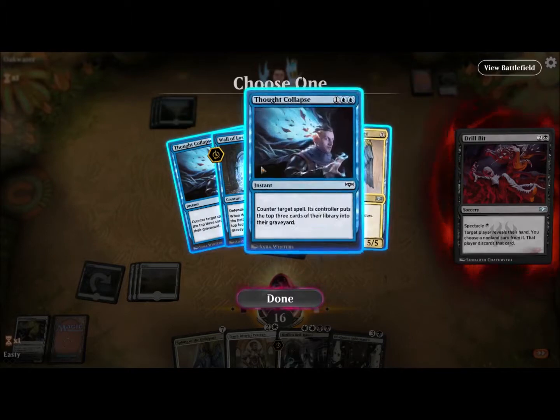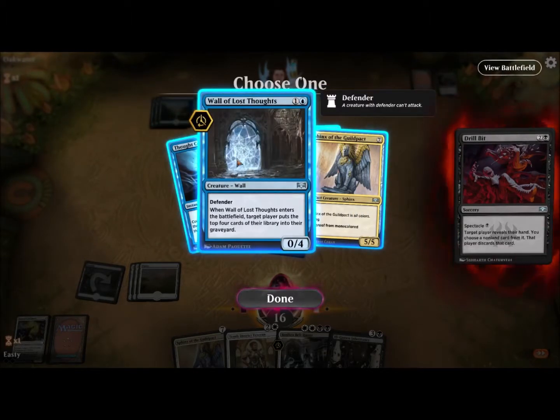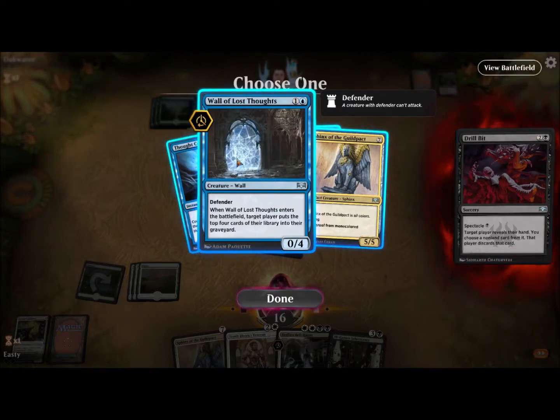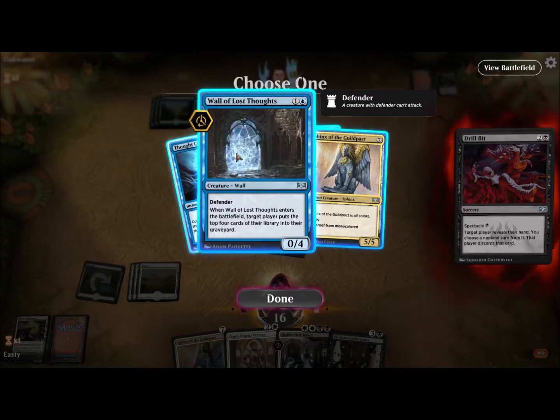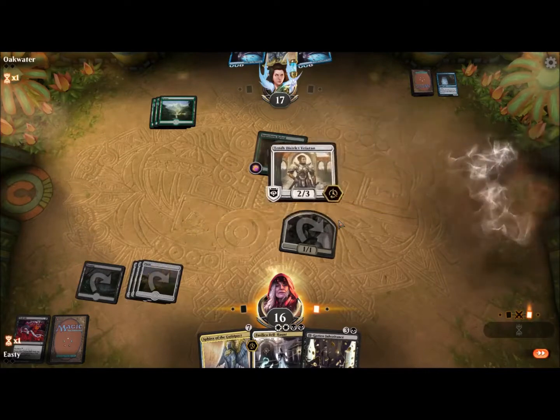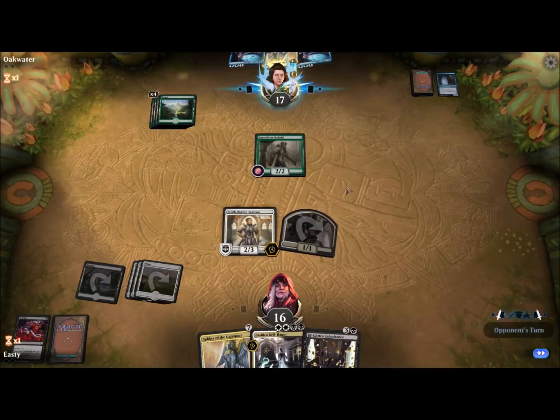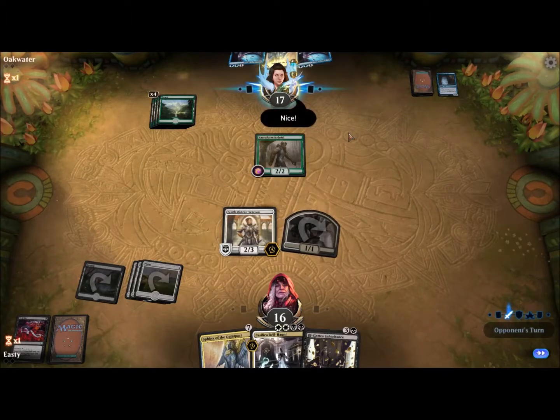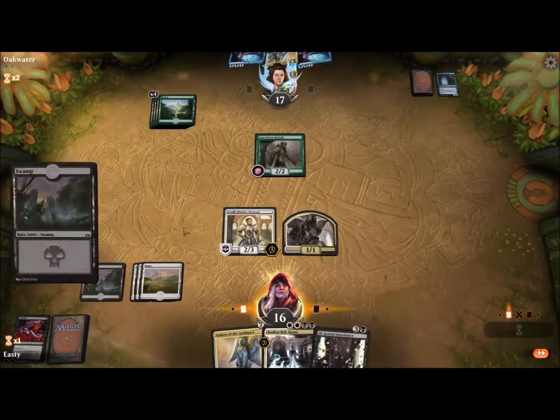Okay. Well, it's good to know that he has Thought Collapse, but he doesn't have any blue mana, so I really don't care about it. I want to put on the maximum pressure I can. I'm going to take the Wall of Lost Thought. If he finds a blue source, that just would be bad, and I can keep on attacking him. Yep, this gives us the maximum pressure. So we just kind of swing every single turn,